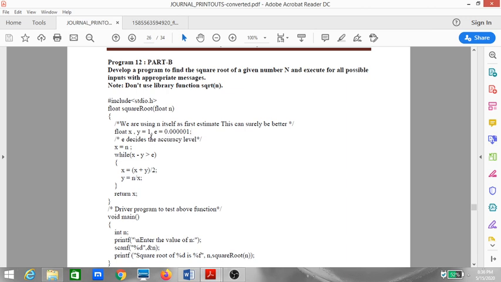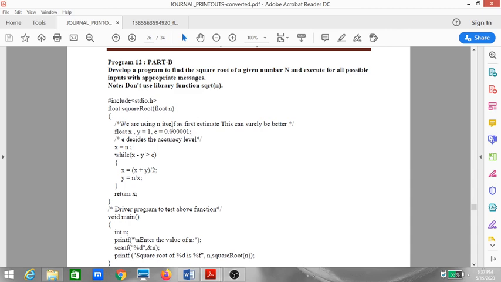So what is the difference? Now whatever square root I calculate and what is the actual square root value, the difference between that cannot be greater than this. That is what accuracy says. Now I know that the square root of 4 is 2. Now what can be the difference? The acceptable difference of the square root calculations will be 2.000001. So how many zeros you are adding here depends on that.